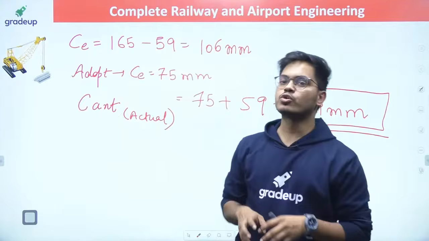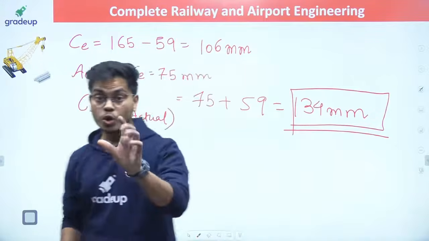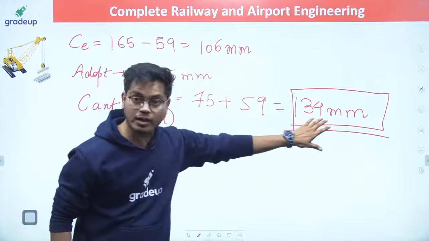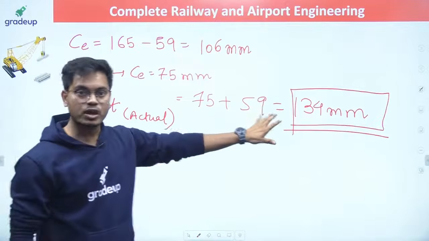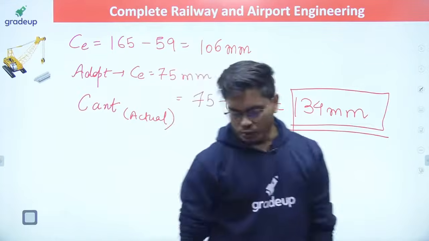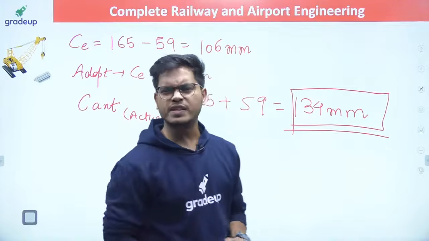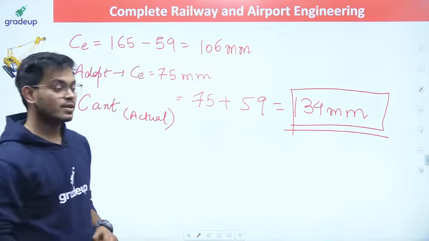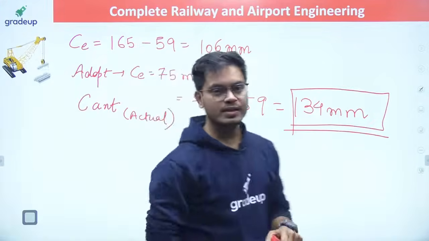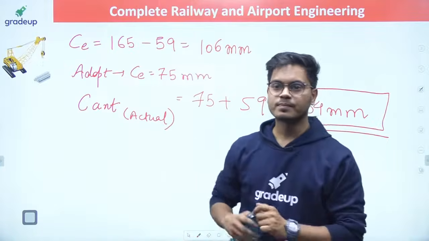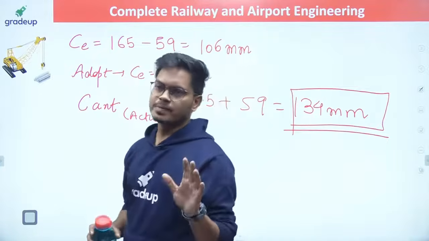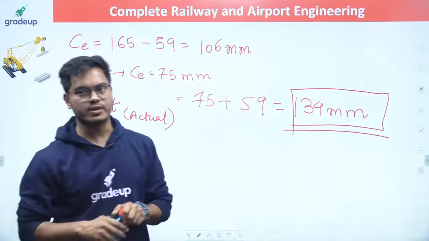Last, we are going to provide 134 mm. Also, it is under the limit of actual CANT as well, right? So now there is no problem. There is no doubt, no suspicion, no difficulty, only the decision. This is your actual CANT. Everybody, any doubt, please ask. With this, everything came within the limit. Exactly, this is what I was trying to tell you.